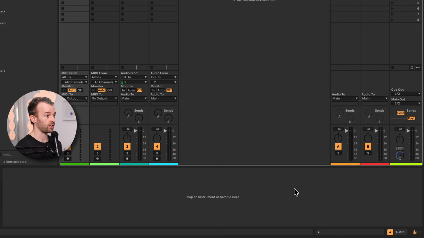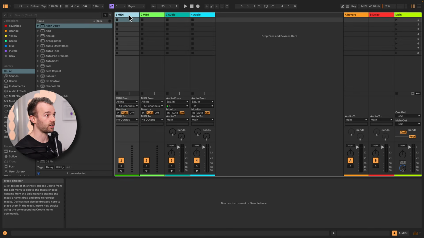This is known as the device view. Currently, it says drop an instrument or sample here. And this view allows us to see all of the instruments, effects, etc. that are actually on whatever track we have selected in either our session or our arrangement view. And you'll notice that as I select this first track that says MIDI, down in our device view, it says drop an instrument or sample here. And if I select this third track that says audio, you'll notice it switches to saying drop audio effect here. And that's because these two different tracks work in two different ways, which is something we'll cover a little bit